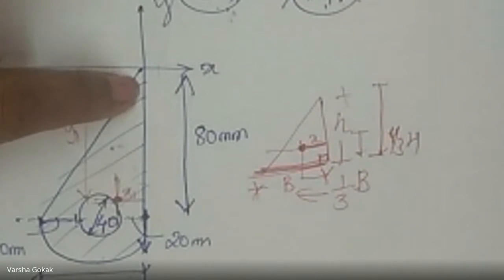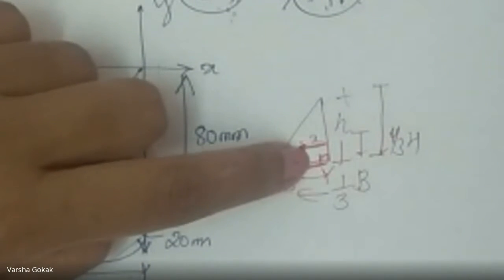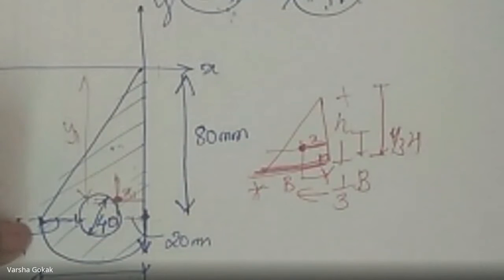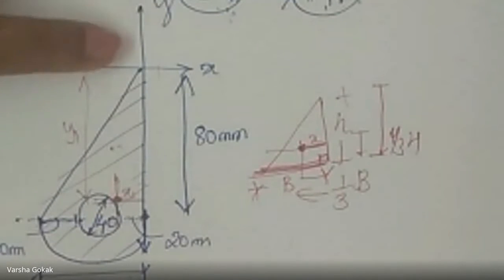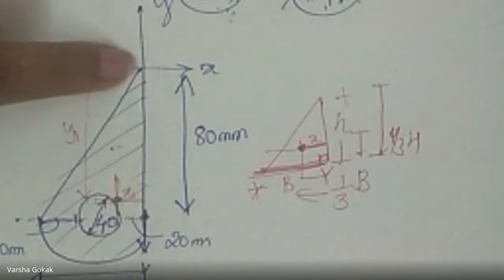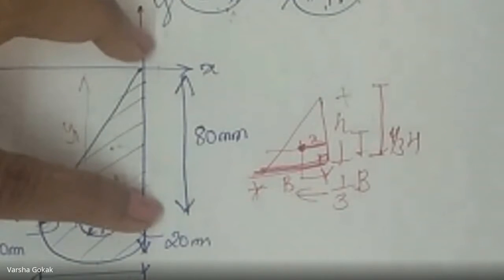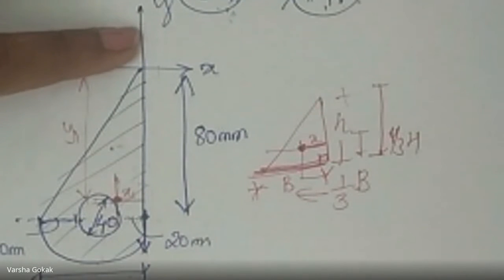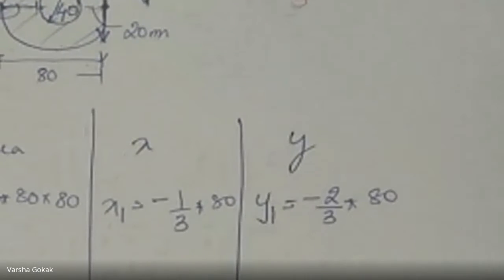So when we do this triangle example, always you can memorize the formula as 1/3 from the base or 2/3 from the apex. These are called as apex, no? The sharp edges where it is less than 90 degree angles. This one and this one. These are the apex. Wherever is the 90, that is called as the base. So if I'm looking like this, it is going to be 2/3 of height, or from here from the base it is 1/3 of height. So you memorize it as 1/3 from the base or 2/3 from the apex. So when I'm writing y, I'll write minus 2/3 of 80. That is the height. Okay. So this is about the first triangle.